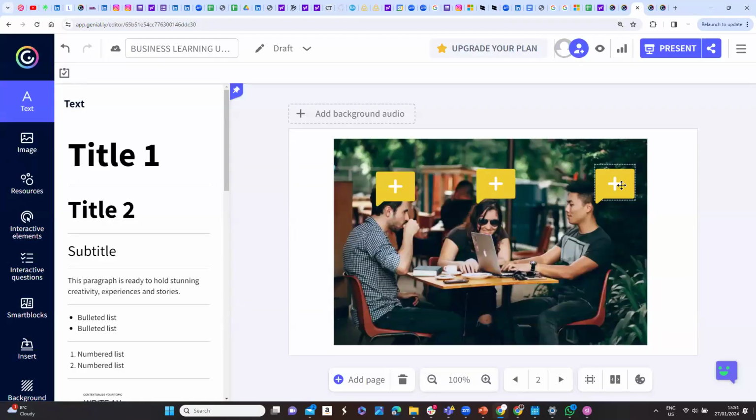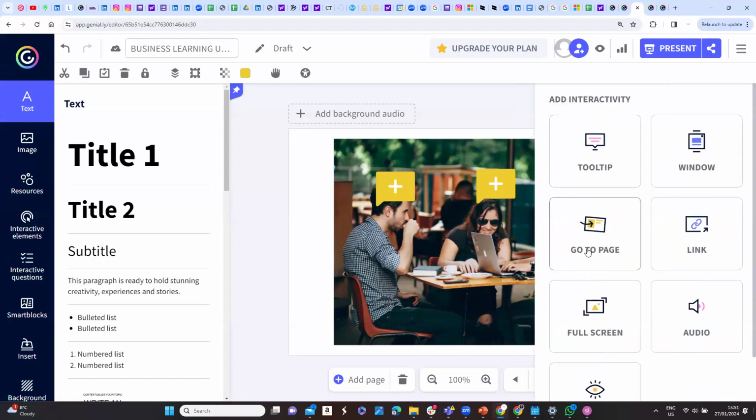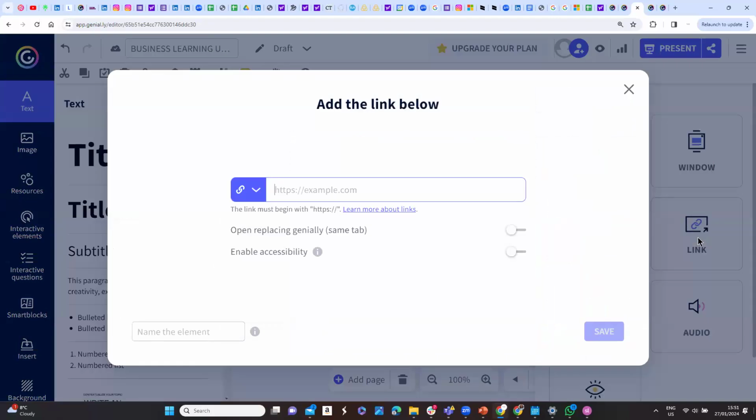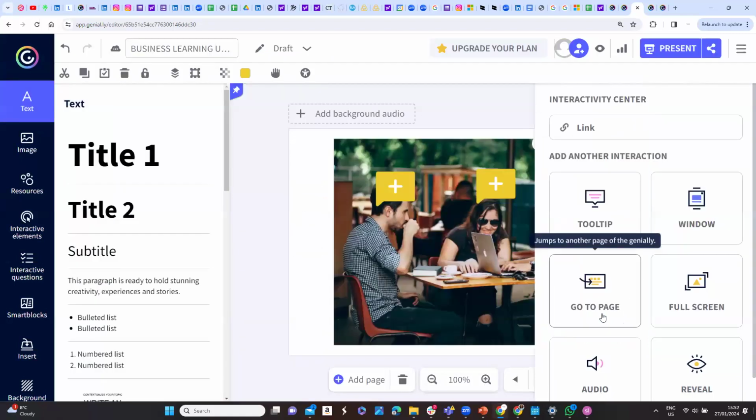So let's give this third one a different type of interactivity. Add interactivity. We have used go to page, we have used window. If you want people to have extra resources and you want to put a link, you just put a link here. When you click on, let's say we want that place to take us to .beccamola.com. Save. If you come here now,